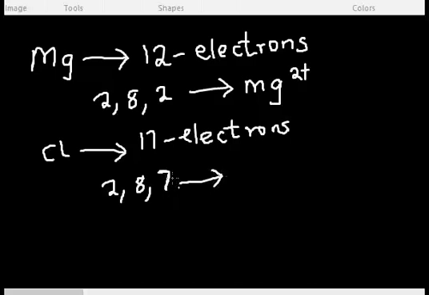So chlorine needs 1 electron to complete it. Chlorine is a non-metal, and it needs to accept 1 electron to make it 8. So for the fact that chlorine needs to accept 1 electron, its valence is going to be -1,